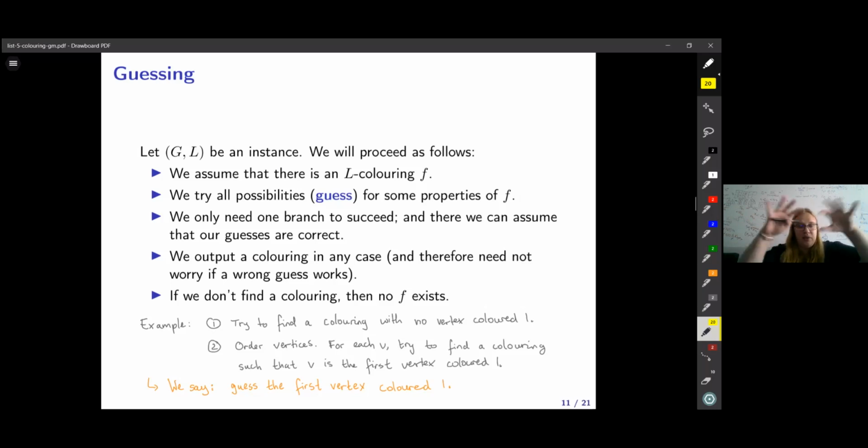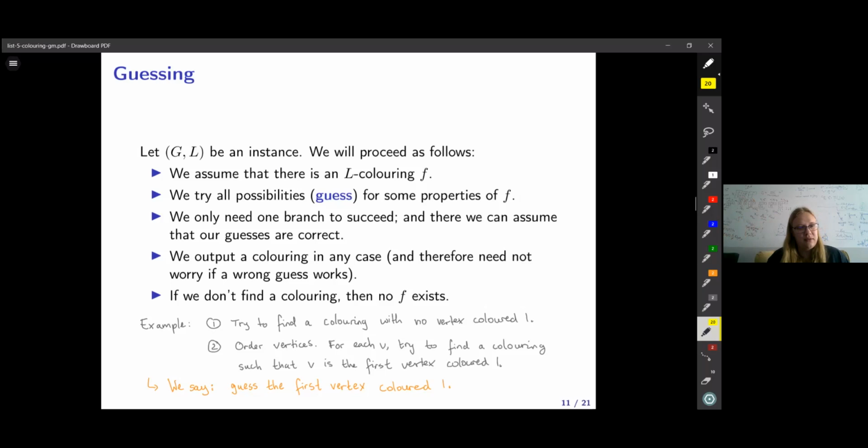And on the other hand, if none of our branches have a coloring, then there couldn't have been a coloring, because for a coloring, if we check all its properties, then there has to be a branch where we are in fact right about all our guesses. And so there we should be able to find a coloring,